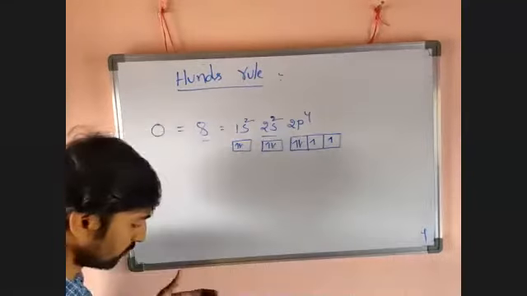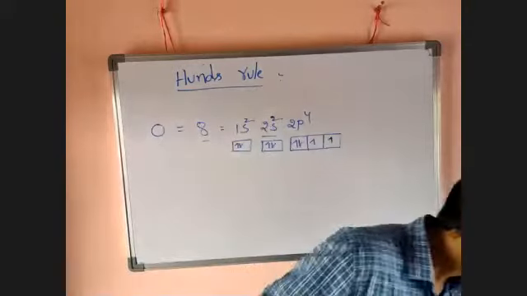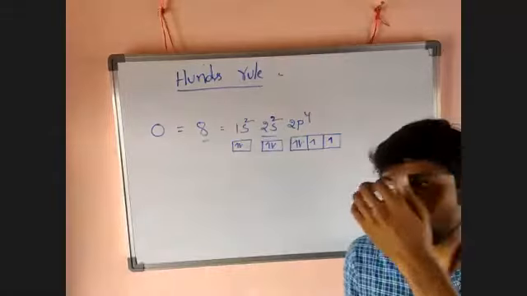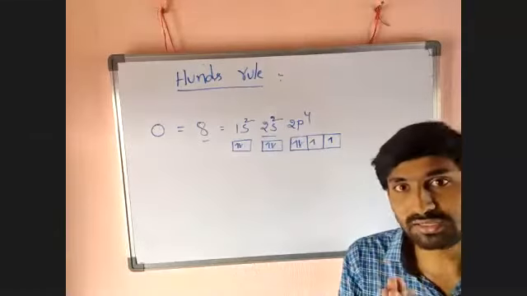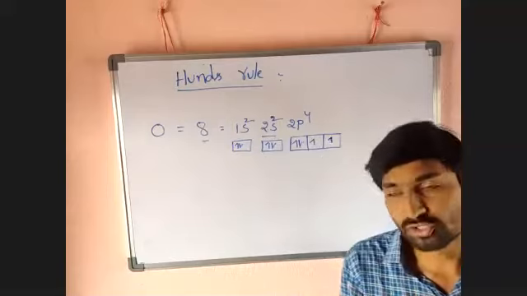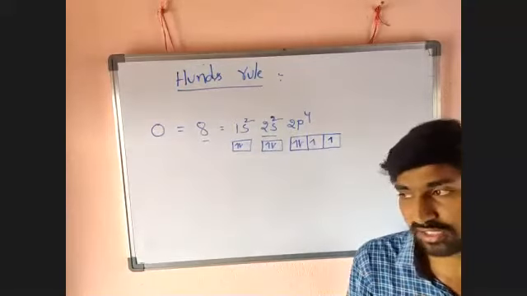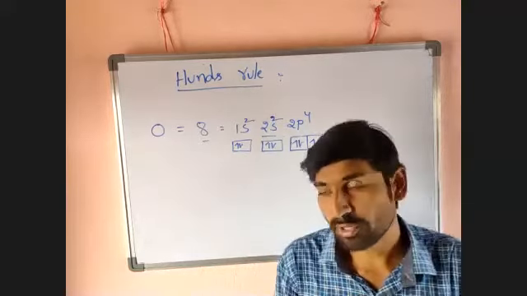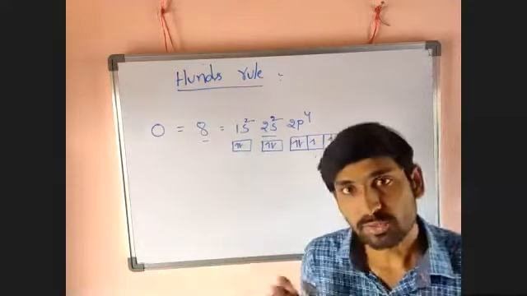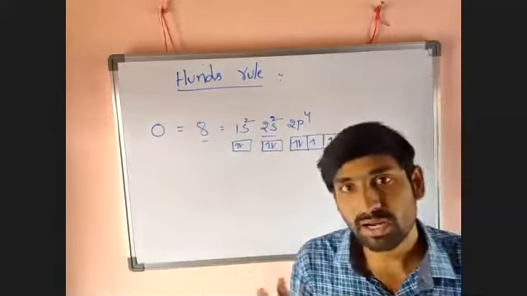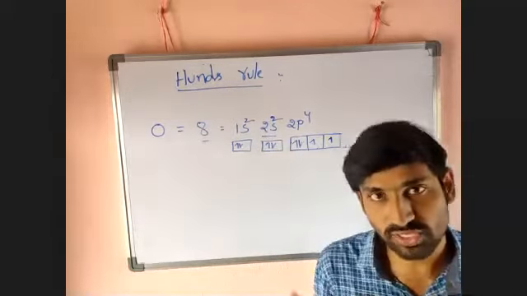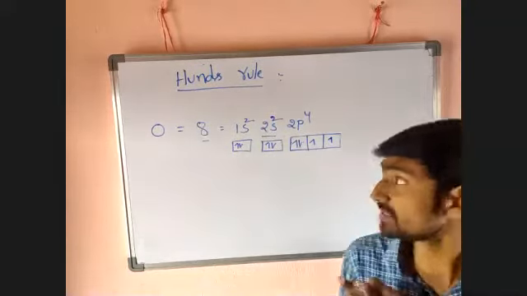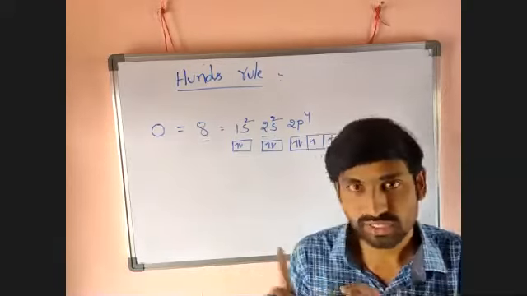But so these 3 rules I want to define again quickly within 5 minutes. So what is meant by electronic configuration? Electronic configuration means distribution of electrons in atomic orbitals. The general notation is n l power x. n is the principal quantum number, l is the azimuthal quantum number, and x is the number of electrons. There are 3 rules to explain that. One is Pauli's exclusion principle. Next is Aufbau principle. Third is Hund's rule.